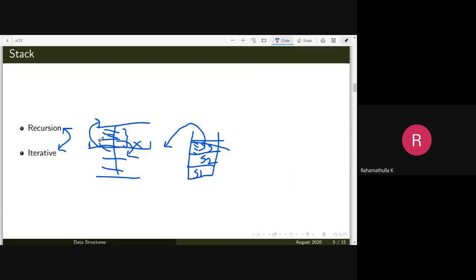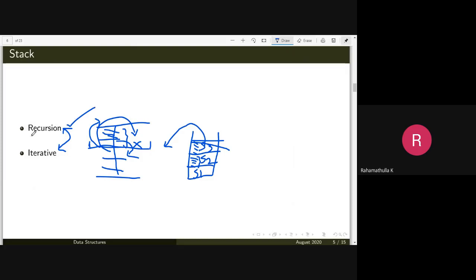Now next time if you go out of this recursive call again, it corresponds to the system state which is stored as the next element of the stack. So that is the use of a system stack in the case of a recursive procedure. In the case of a recursive procedure, there is always a system stack involved.